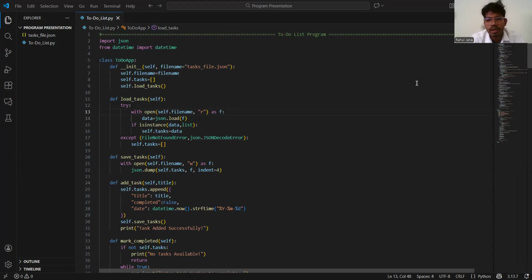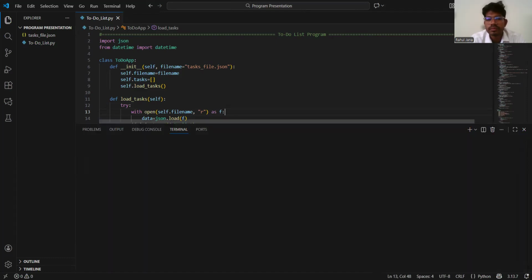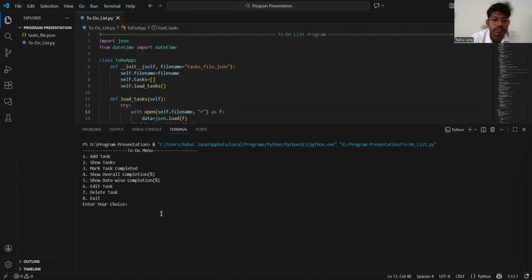At first I will run the program, and after that I will come back to the code portion and I will explain all the code line by line. Let's run the program. Look over here, it is the output screen. At first it shows the to-do menu,